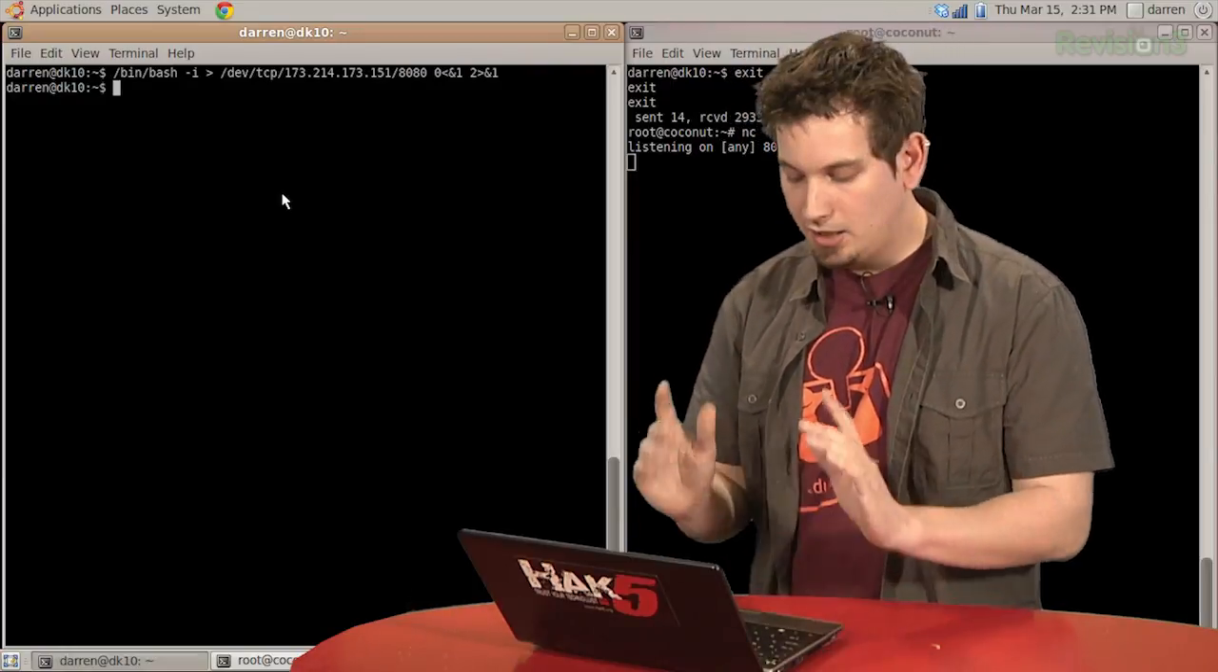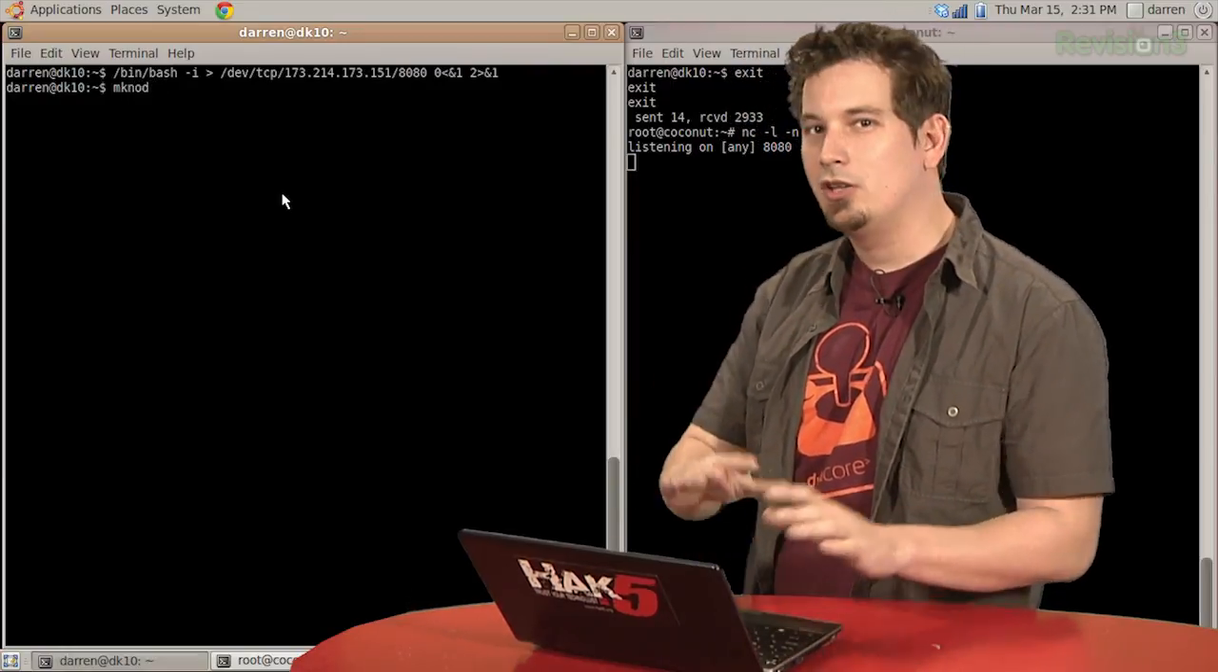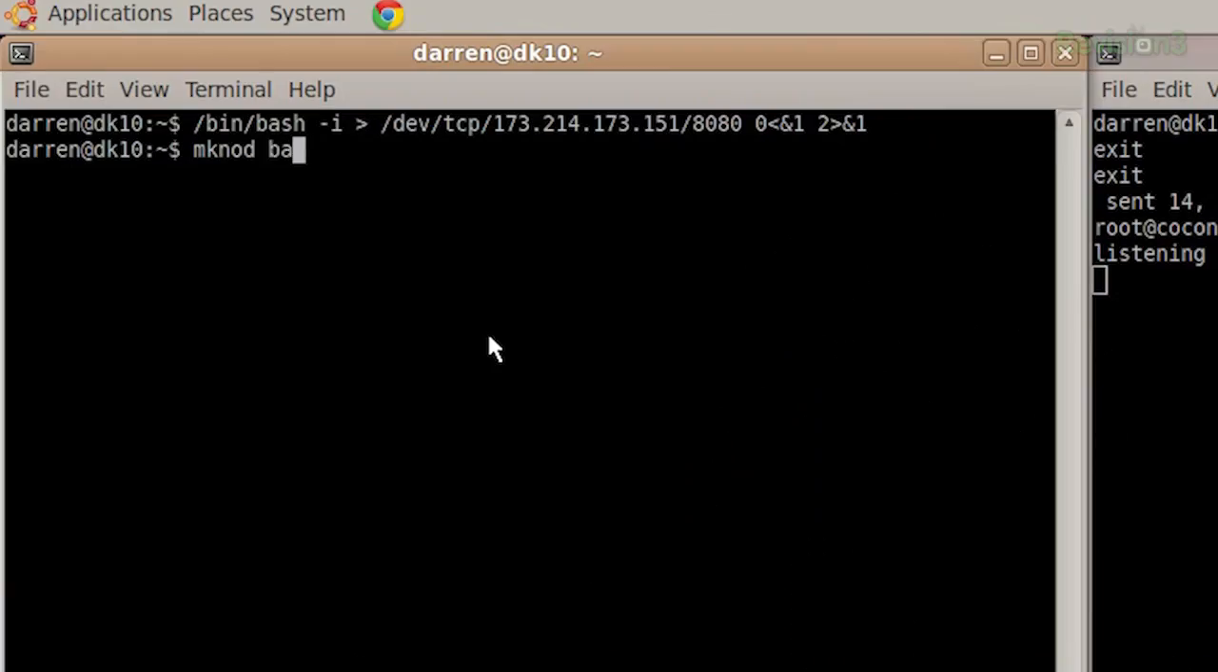What I'm going to do is use mknod, and we're going to do a little thing called backpiping. So I'm going to do a backpipe, and then p, and then ampersand, and this time we're going to use telnet. Telnet should be on most any box that you encounter. So telnet, and then to our server,